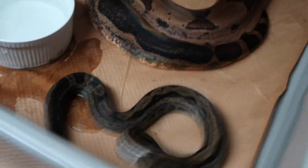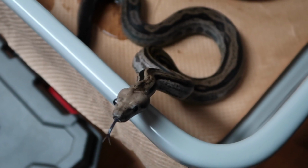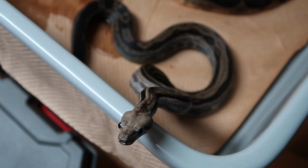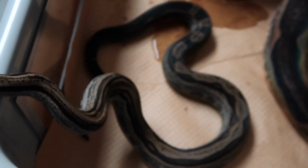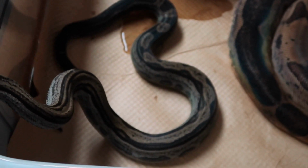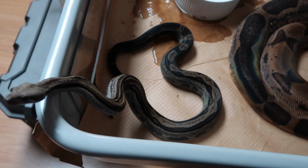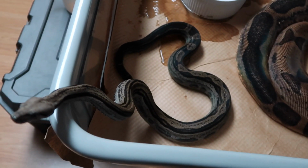Alright, this here, where I want to focus, there it goes. This here is my motley 100% het leopard male. So he actually is the father of my eclipses,